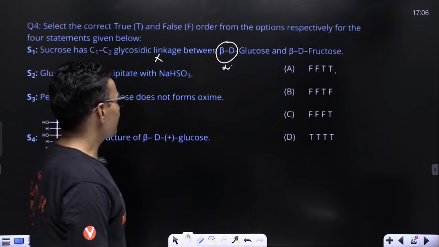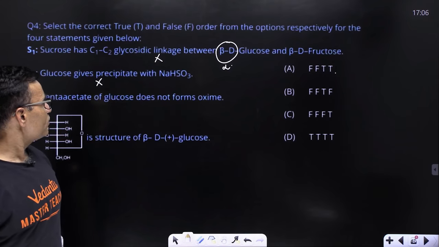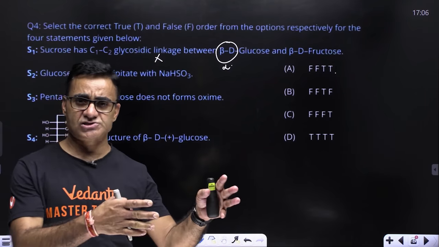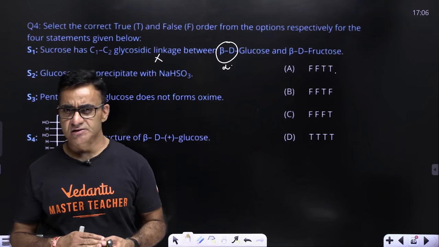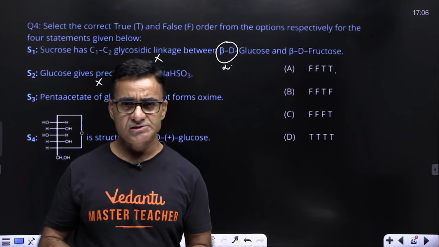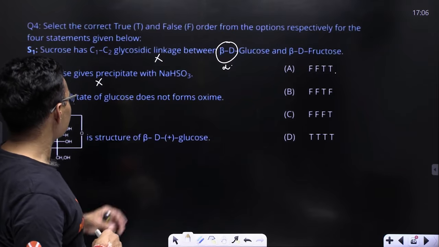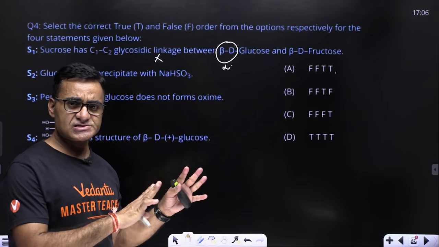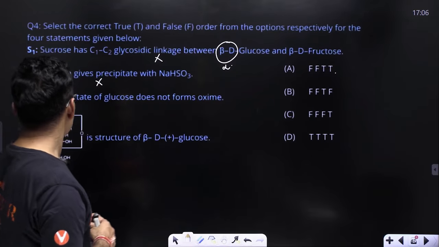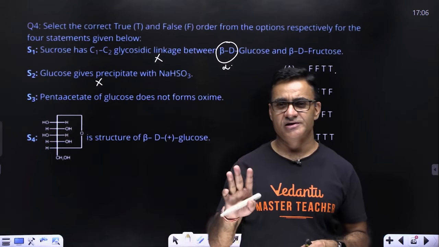पेंटा एसिटेट ऑफ ग्लूकोज डज नॉट फॉर्म ऑक्साइम, ऑक्साइम फॉर्मेशन के पीछे भी वही लॉजिक है, अगर आपके पास फ्री एल्डिहाइडिक एंड कीटोनिक ग्रुप होगा तभी ऑक्साइम फॉर्मेशन होगा, अदरवाइज नहीं होगा। तो पेंटा एसिटेट ऑफ ग्लूकोज डज नॉट फॉर्म ऑक्साइम, दिस इज गोइंग टू बी अ ट्रू स्टेटमेंट। अगेन रीजन इज सेम, फ्री एल्डिहाइडिक एंड कीटोनिक ग्रुप्स आर नॉट अवेलेबल। एंड S4 इज द स्ट्रक्चर ऑफ बीटा डी प्लस ग्लूकोज, ये करेक्ट है।